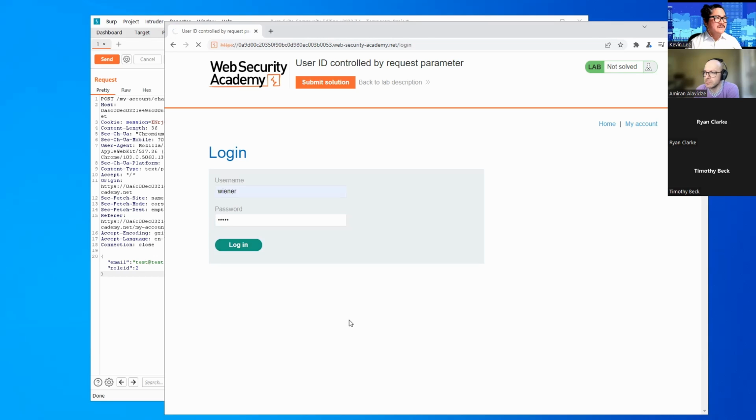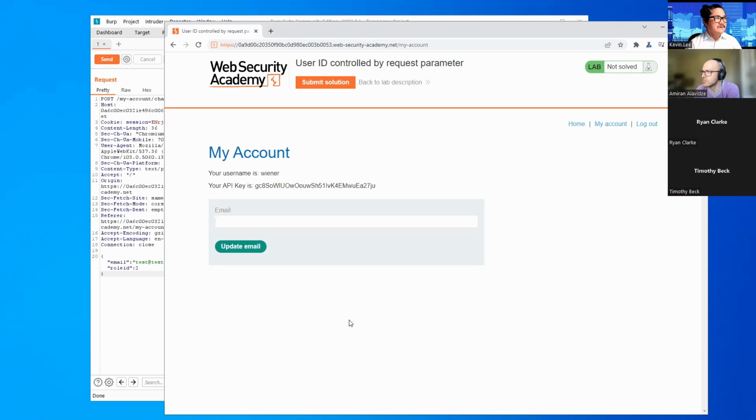And we log in. On the My Account page, we see that our username is Wiener, and our API key is this. All right, so let's take a look at the request inside of Burp Suite to see if there's anything special there.